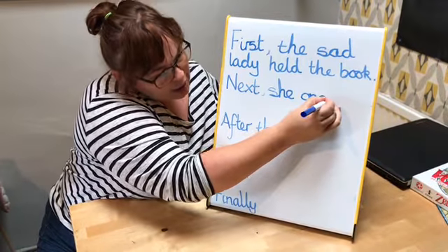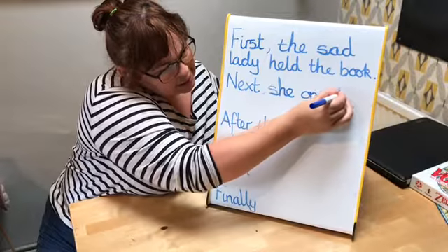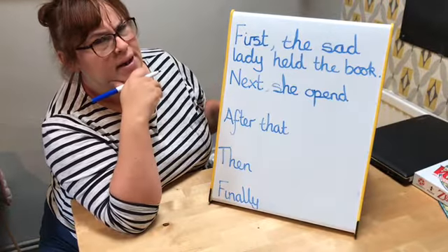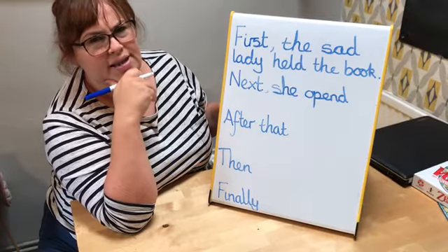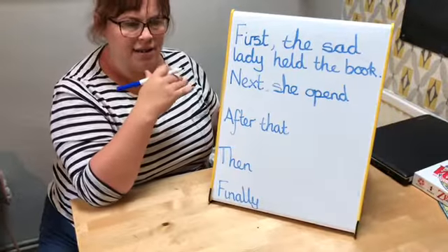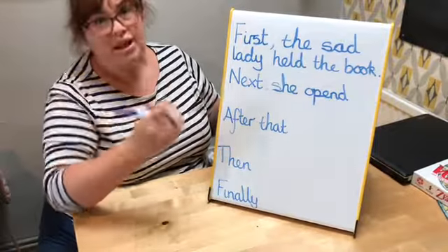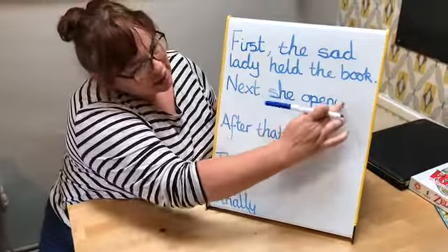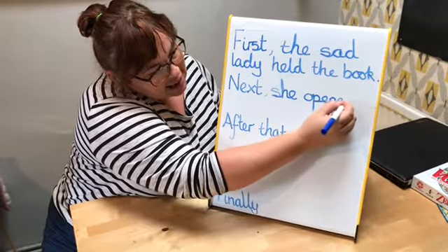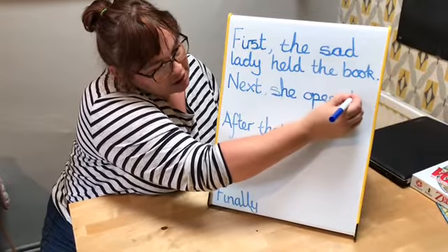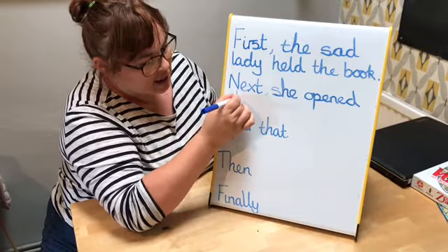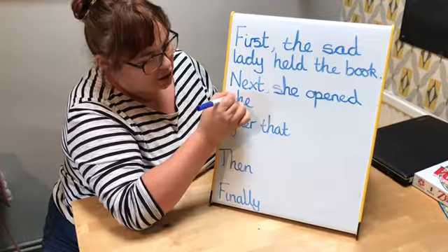O-P-N. Opened. My eyes are telling me there's something not quite right with that spelling. Opened. It's in the past tense. Oh, you know what I've forgotten? This one is an ED ending, so I can get rid of that D. I need to put ED. She opened in the past. She opened the book